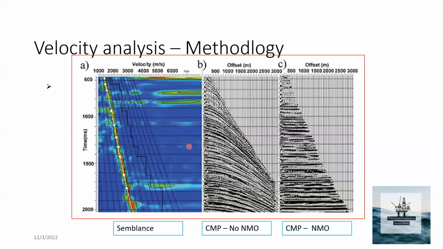Whenever you have similar traces around this point, you will have a clear orange point here, which we click on. After you click on it, if it is the correct velocity that compensates the delta t, it will be flat like this. So you try different velocities until you get this flat